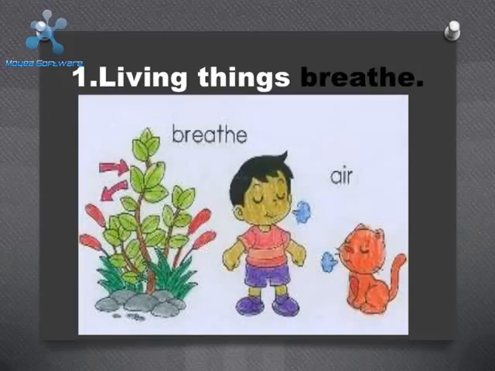In this picture, you can observe a plant, a boy and a kitten. They all are able to take oxygen in and give out carbon dioxide. Yes, all the living beings have the capability to take in gases and give out gases. Have you seen any bottle, table, pencil, pen or book breathing? No, they can't. They don't. So this is the first characteristic of living things, that they can breathe. They are able to respire.